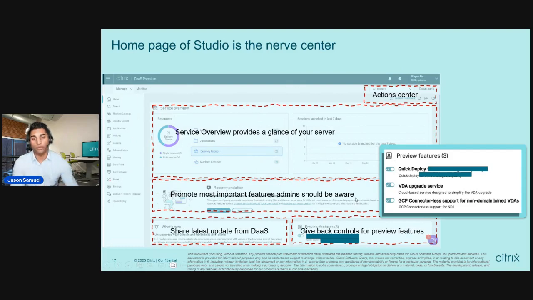The other thing I talked about was education. Studio has traditionally not been an education source. It's more of you just go in and do work with the left-hand nodes here. But the homepage is something that we use to actually show you features that admins should be aware of within your organization that you are licensed to be able to do. Again, with the Citrix Universal subscription, it gives you so much capability that you may not be aware of. You might have to go to a CUGC event and talk to a peer or a technical team presenting to understand, hey, you have that feature, you should use it. And it's not fun to find out about things that you own and can use at an event.